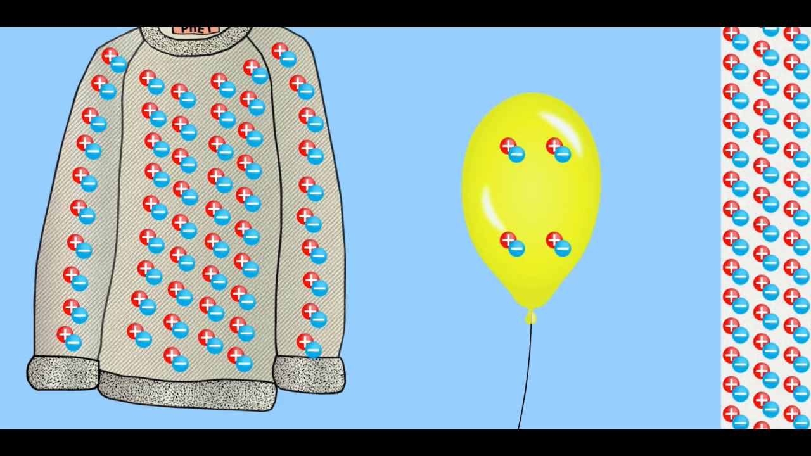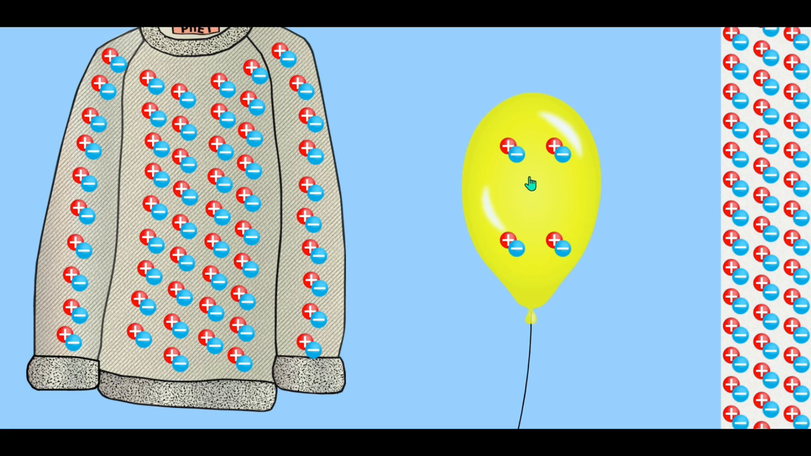So here we will look at one simple demo of how to explain static electricity. Okay, on my screen now I have 3 objects. I have a sweater, I have a balloon and a wall. These 3 objects are neutral because we can see here the negative and positive charges are balanced. So we can say they are neutral. But